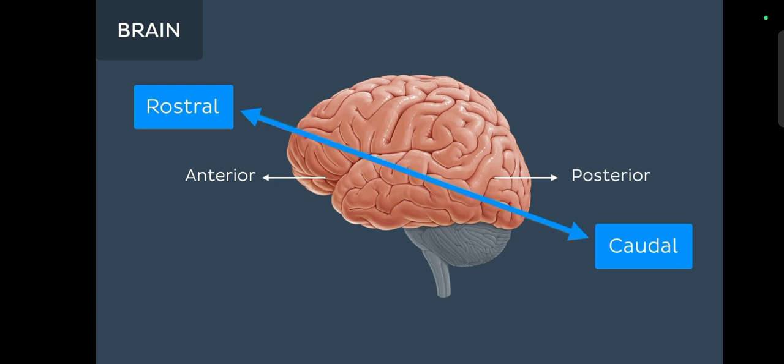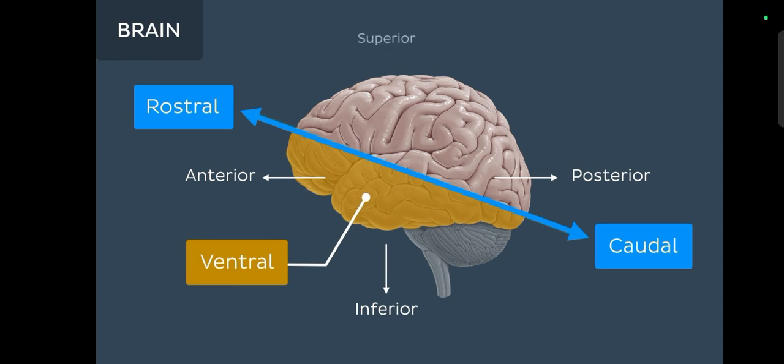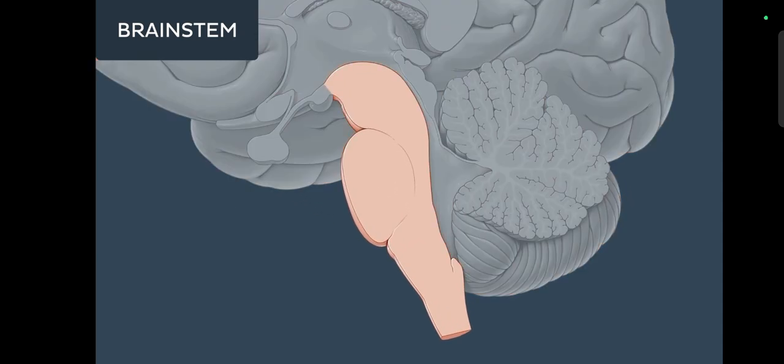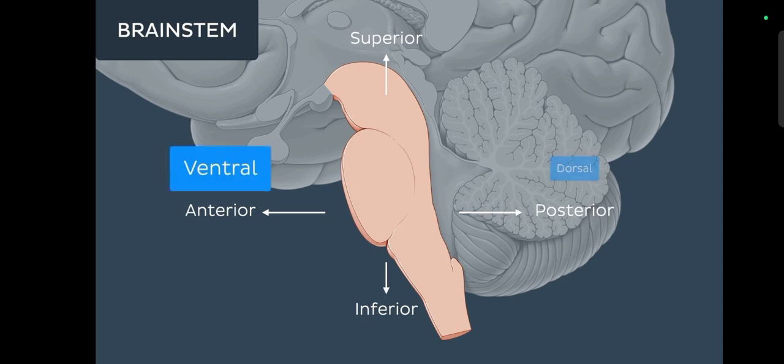When describing the inferior aspect of the cerebrum, we use the term ventral, while the superior aspect is referred to as the dorsal aspect. Moving down to the brainstem, we can see here the anterior, posterior, superior and inferior directions to orientate ourselves. As with the rest of the body, the anterior and posterior aspects of the brainstem may also be referred to as the ventral and dorsal aspects respectively, while the superior and inferior aspects can be called cranial